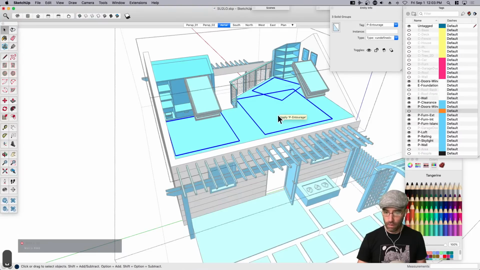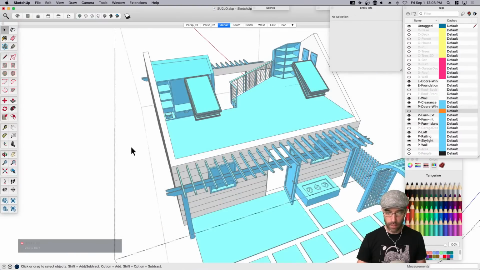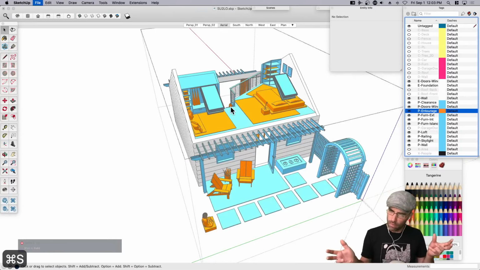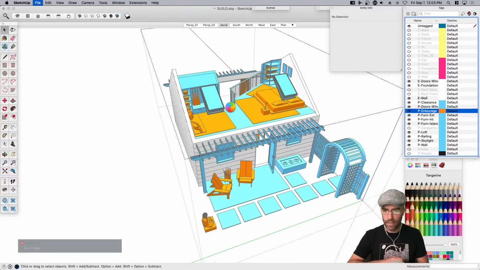Let's see here. What did I do here? Why is that? Oh, I see, because I turned it off. Good. Okay, so that's what's cool about color by tag mode. That was a little tangent, but that was a good one, because I think you brought up a good point,